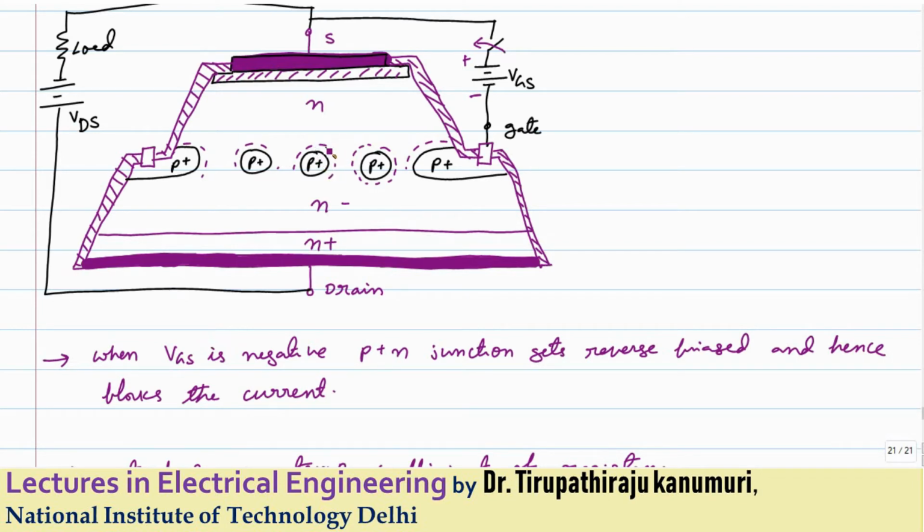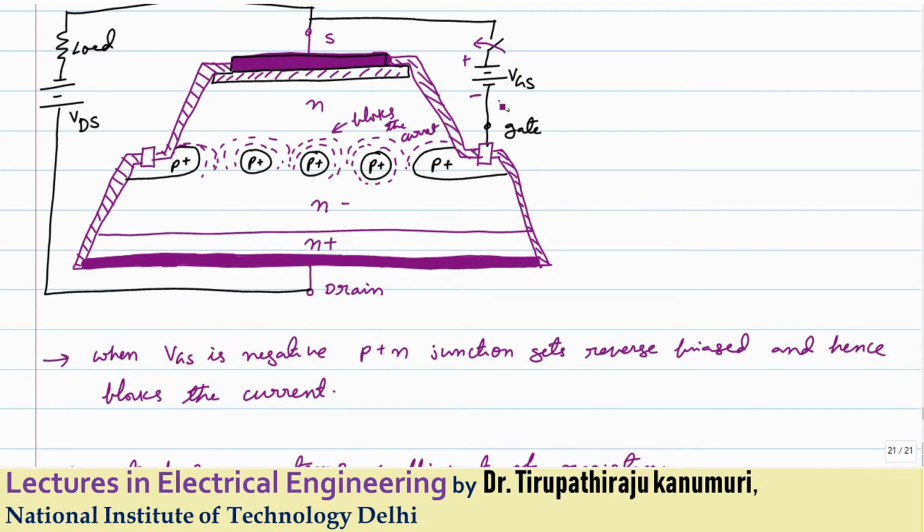That is my major purpose: by applying very little voltage itself, the channel should close. This is possible only when this region is lightly doped, because we know that the depletion region mainly expands in the lightly doped region. That is the reason I provide lightly doping. As the value of the voltage increases, the depletion region formed goes on increasing. When this reverse bias depletion region increases, it will not allow the current to flow. So this blocks the current.